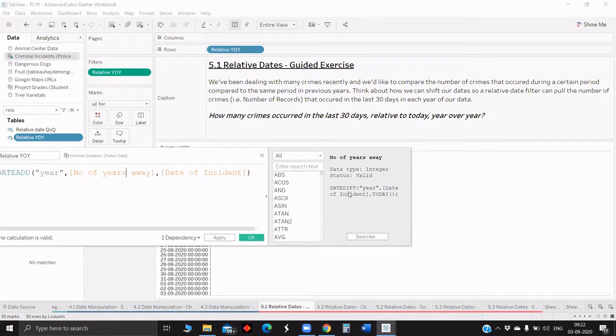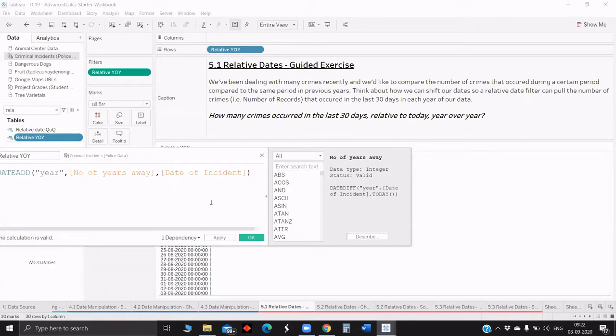It's just calculating the difference in the number of years with respect to today. And we are passing it dynamically here and adding. And what is the output you get out of this? The output you will get is, whichever date of incident is there, we will be able to get the last 30 days as output from here.